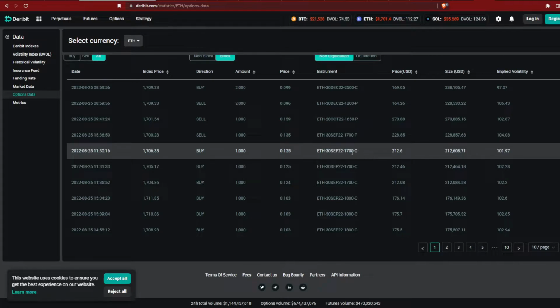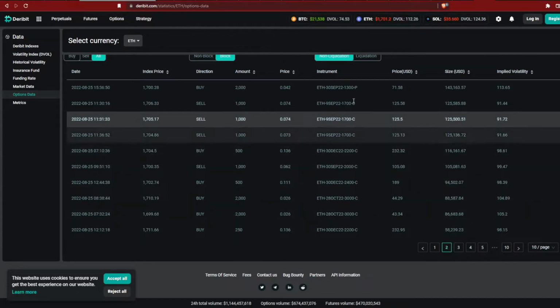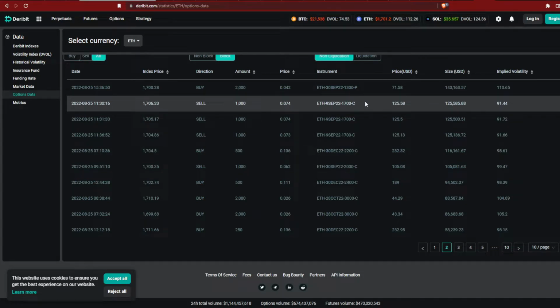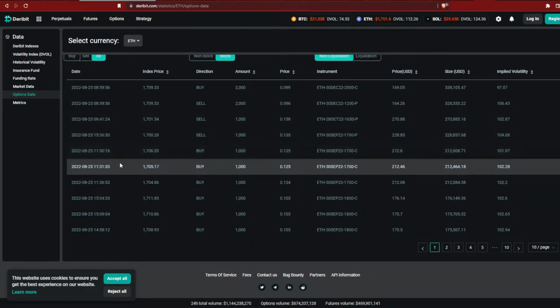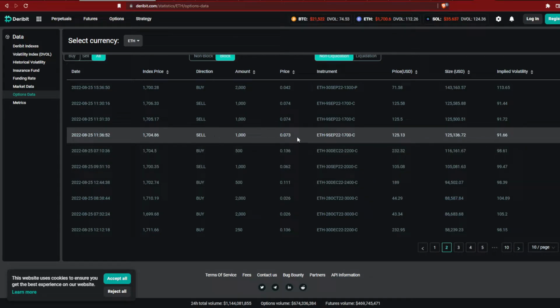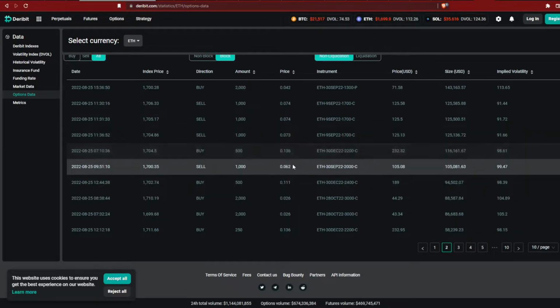Somebody bought and sold at the same time. Why would they do that? That's the exact same opposite order. Well, that's a one-off. Okay, so maybe that's a one-off. 11:30:133. Huh. Look at that. Exactly the same buy and sell at the same exact time. Same exact quantity. That's odd. Not sure what to make of that.